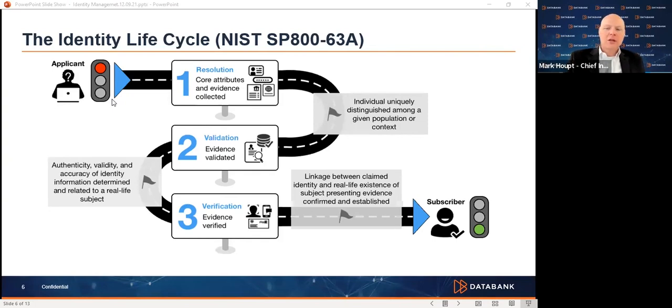So once you've collected all the evidence that's necessary, then you can move forward with uniquely identifying and distinguishing that individual throughout your population. What this basically means is that no single person within your organization should have the same identity as another. Now, this is where some of those directory services come in to help you. At their very core, they will not allow for the credential to be replicated or identical to another individual.